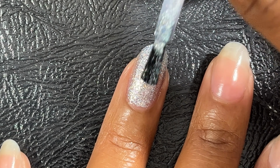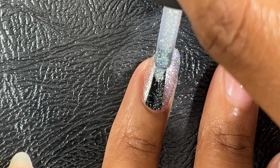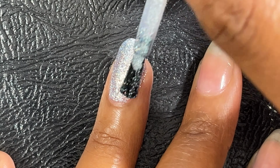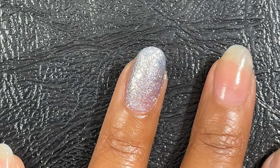Which is why it does require 3 coats to cover all those bald spots. So this one is definitely a really pretty color in the bottle. It just didn't come across when I applied it to my nails. So